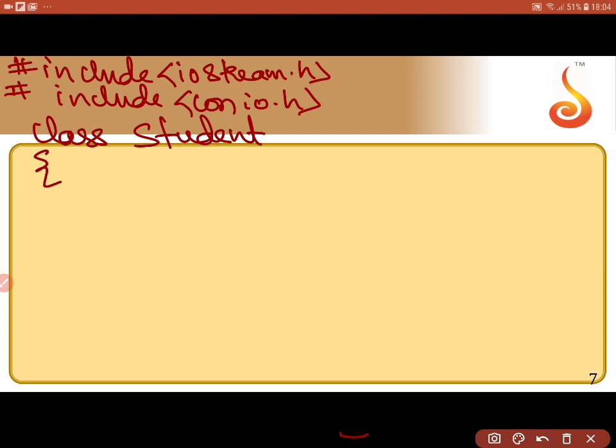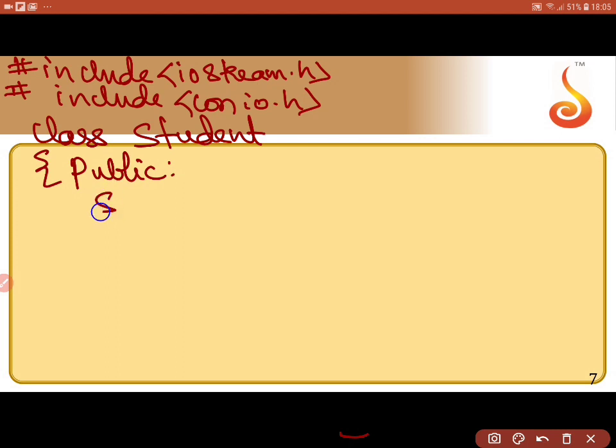And now where should the constructor be declared? According to the rules, it should be declared in the public section of the class. So let me not write any variables, because I am only writing a constructor and seeing how it automatically works. So let me say public: